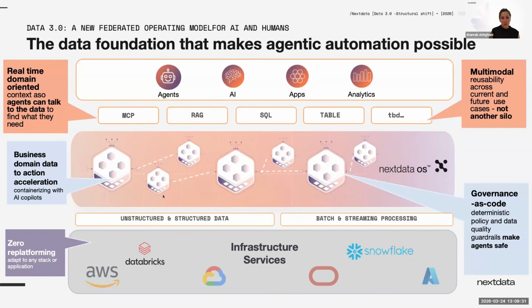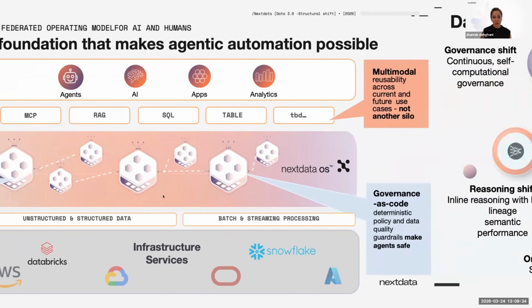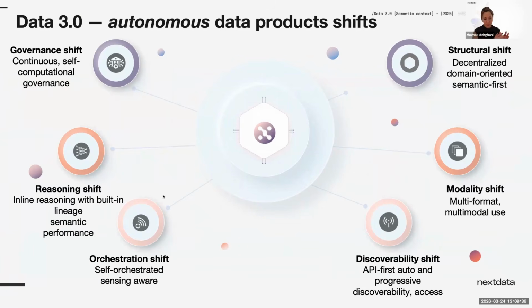When we think about data 3.0, when we were building this operating system and thinking about the challenges of data 2.0, we arrived at 6 different axes for change to shift how data gets managed. I put these 6 axes here again in the October webinar. We touched on those to articulate how we need to reimagine and then re-implement this new interface to data and new way of data management,